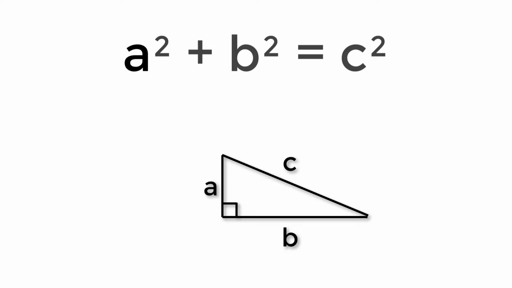The key to the algebraic representation of the formula is that a squared literally means a is being made into a square instead of just a line. In other words, a one-dimensional side length is multiplied by itself and could be thought of as a two-dimensional square, which, as we know, has an area of length times width, which in the case of a square is simply the same value, thus a squared.